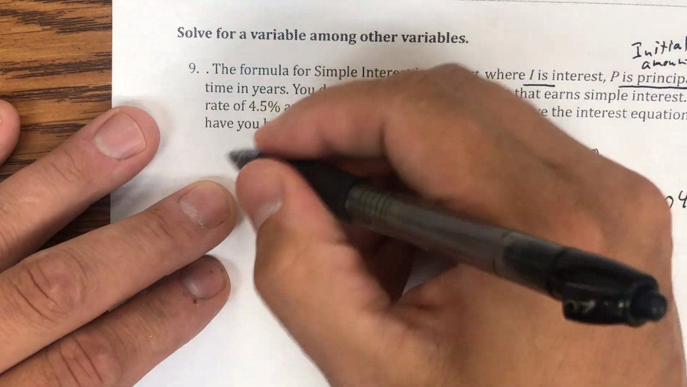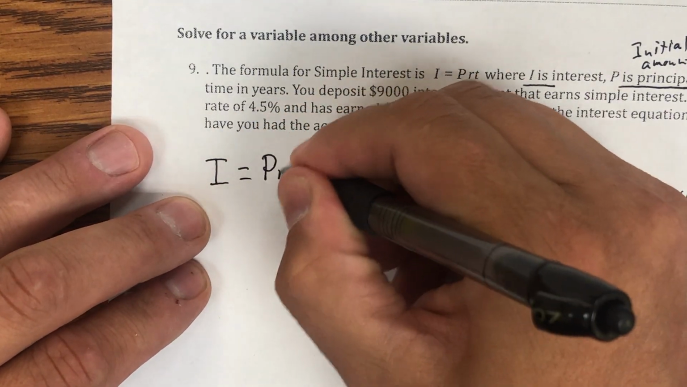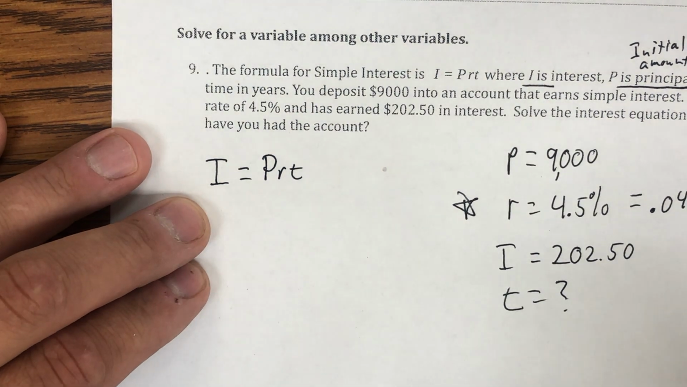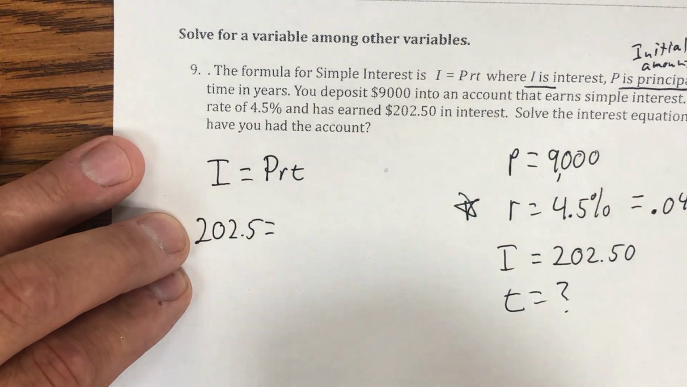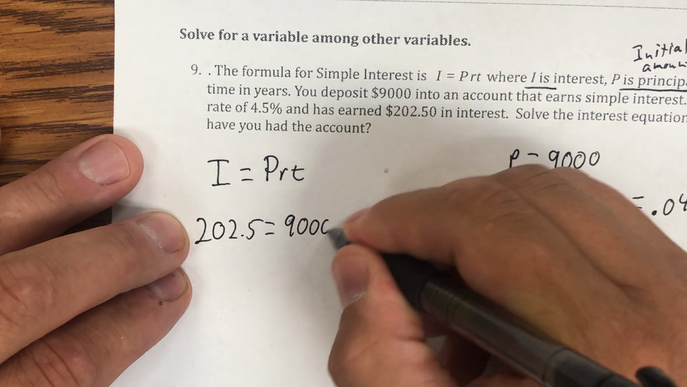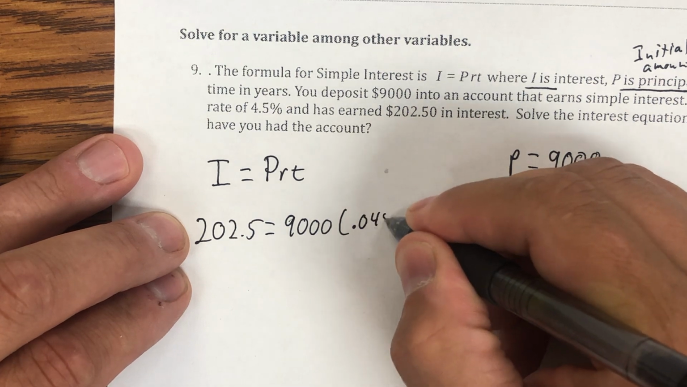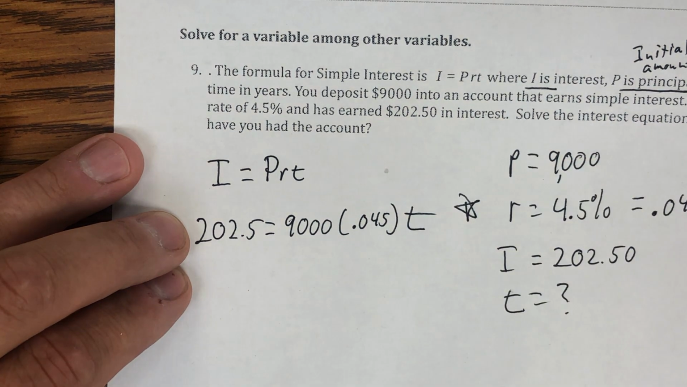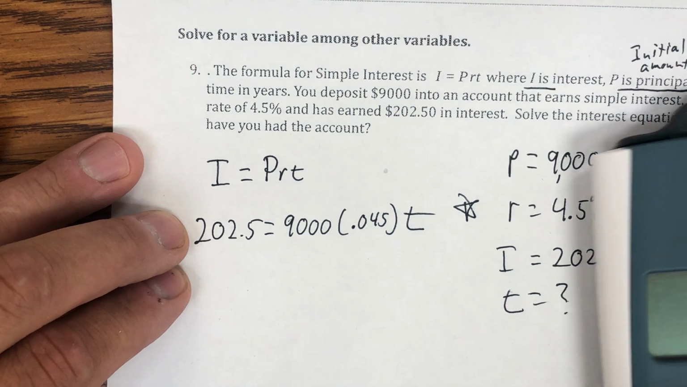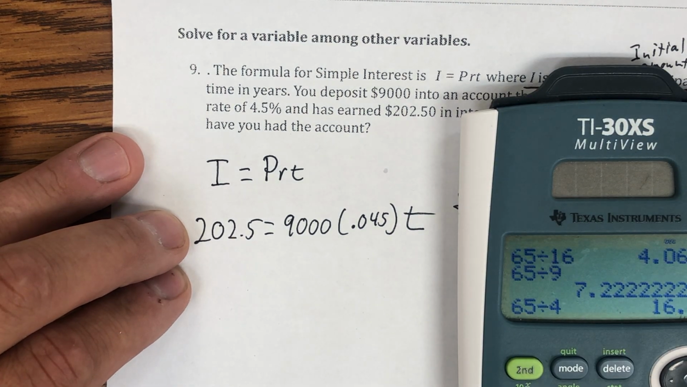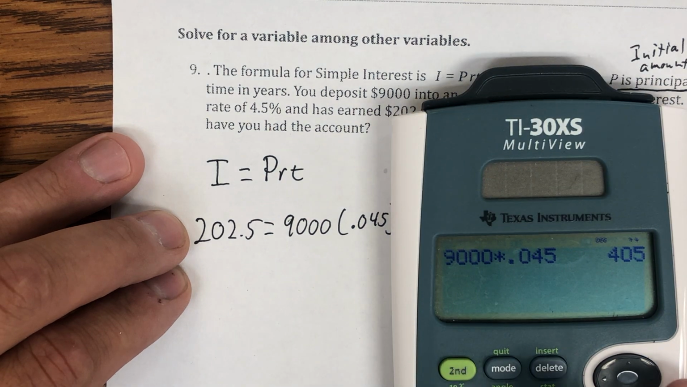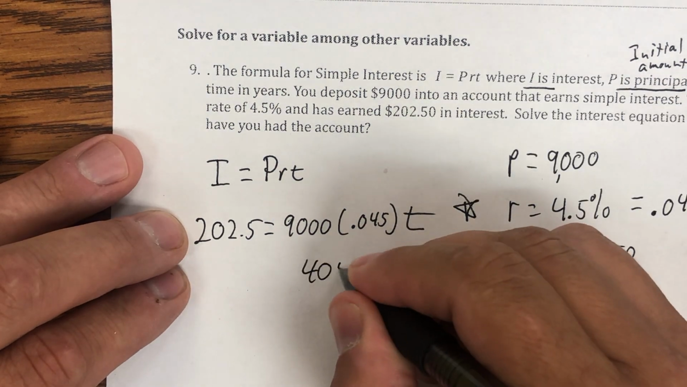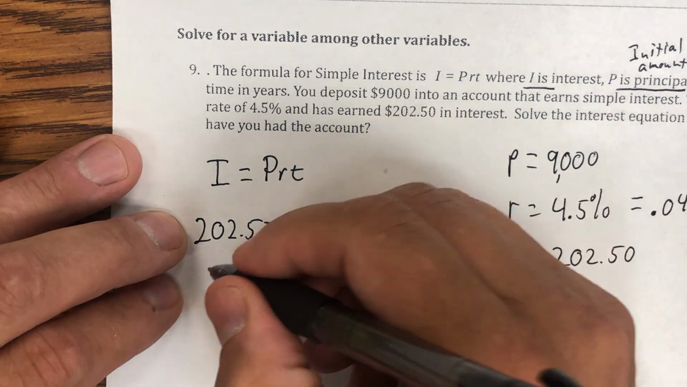So using my equation, I equals PRT, I'm going to plug in everything I know. 202.5 in for I equals the principal, which was 9,000, times the rate, 0.045, times the time T. That's what we're going to find as T. So I have to take 9,000 times 0.045, and that's 405. Okay, so 405T is equal to